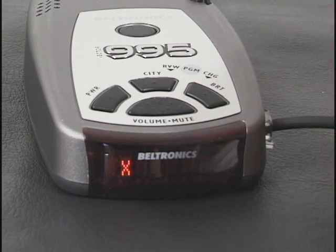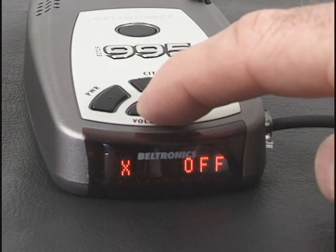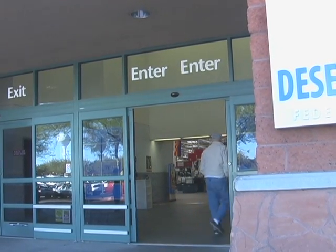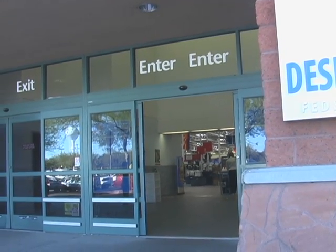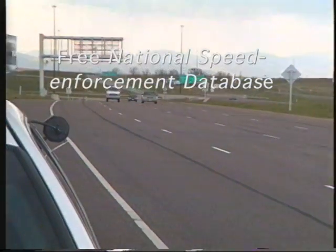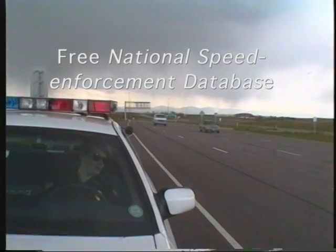For most of us, X-band can be shut off as well. That's because X-band is used only by 2 state highway patrols today and a few local departments. Everywhere else, an X-band alert will be caused by radar-controlled automatic door openers. Shutting off X-band eliminates a lot of these false alarms. And Radar Test maintains a national law enforcement speed equipment database, so we can tell our customers if it's safe